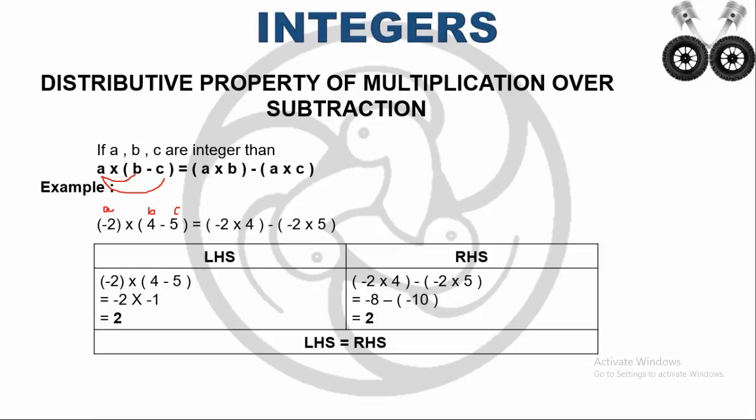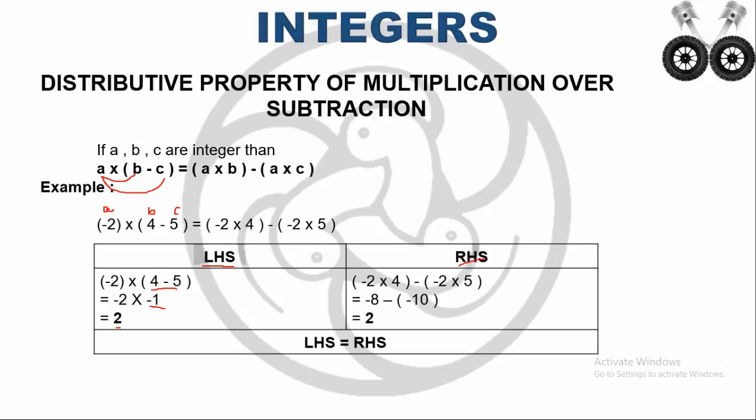So for that, very first I took the LHS, minus 2 into (4 minus 5). Any number inside the bracket should be executed first, that is the order of operation. So 4 minus 5, the answer here is 1. The biggest number is 5. The sign for the biggest number is a negative sign. So we have to write minus 1. So minus 2 into minus 1. So these two integers are having the same sign. That means I have to put the positive sign. And I have to write the product of 2 into 1 as 2. So the answer here is plus 2.